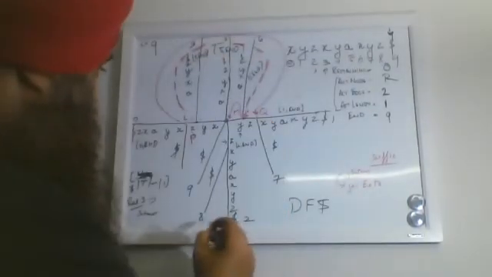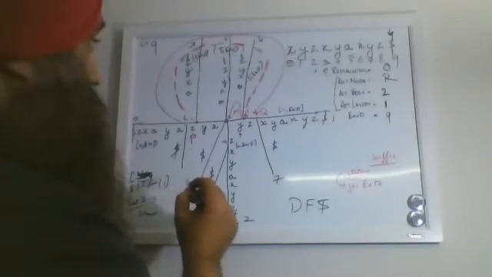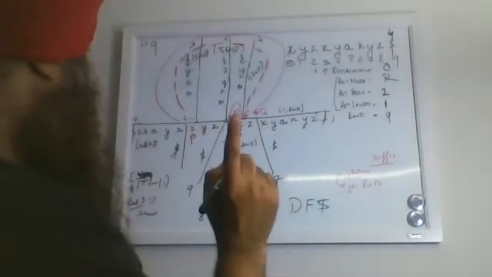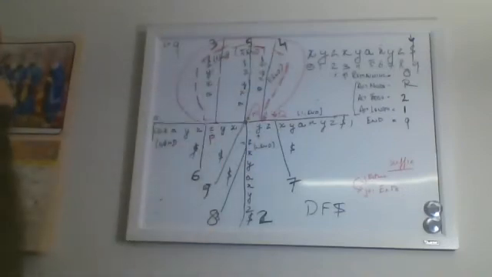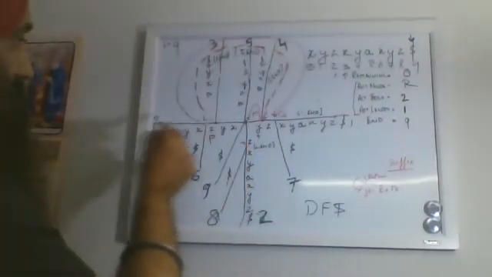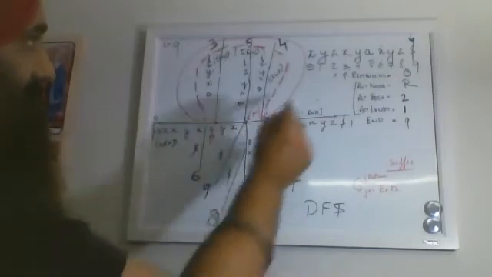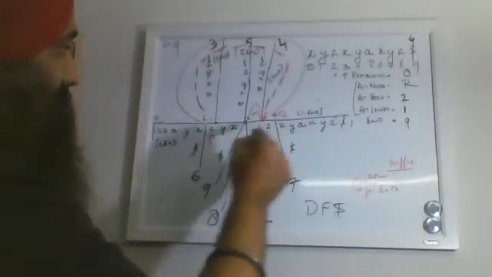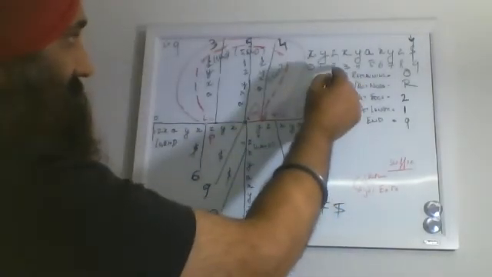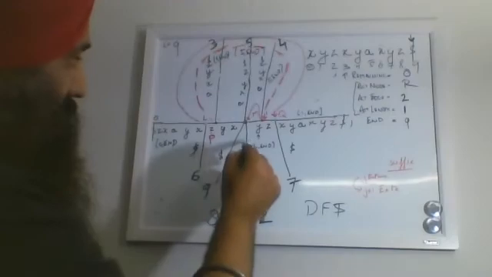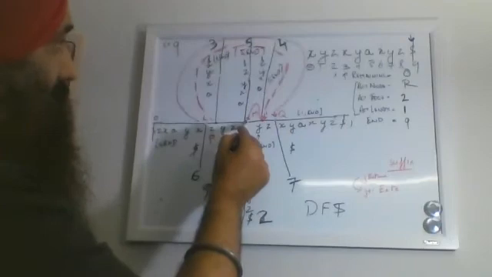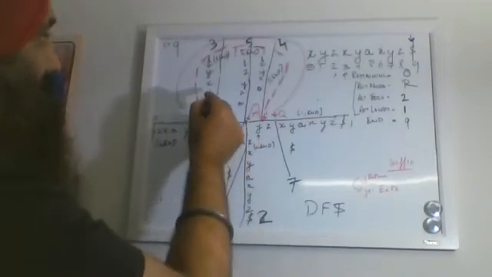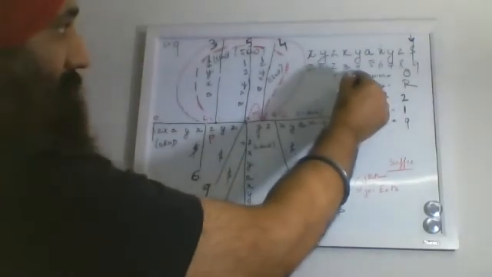4, where is 4? I've just enlarged the numbers so there is no confusion. So beginning from 0, this is the leaf node. You begin from here, you get this 1. This is the leaf node. You begin from here, then it's Z. This is 2. You begin from root all the way to 2, you get this 3. You begin from root X, Y, A, X, Y, Z dollar. You get this 4.